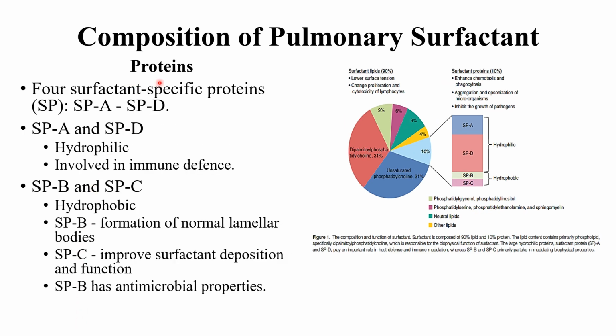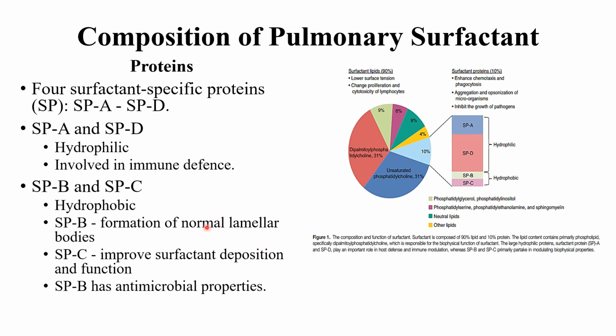We said it also contains proteins, and there are four major ones: SP, which stands for surfactant-specific proteins, A, B, C, and D. SP-A and SP-D are hydrophilic, meaning they are water-loving, and they play an important role in immune defense. However, SP-B and SP-C are hydrophobic, and we're going to see SP-B is very important in the formation of lamellar bodies, which we find in the